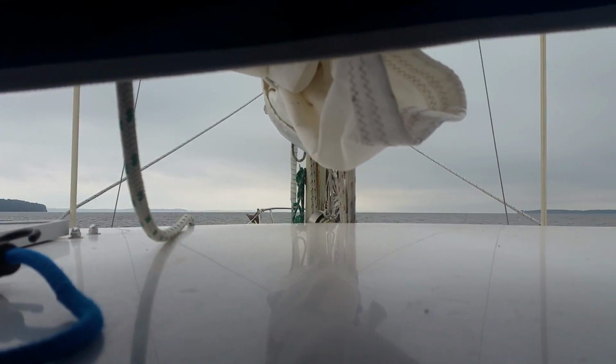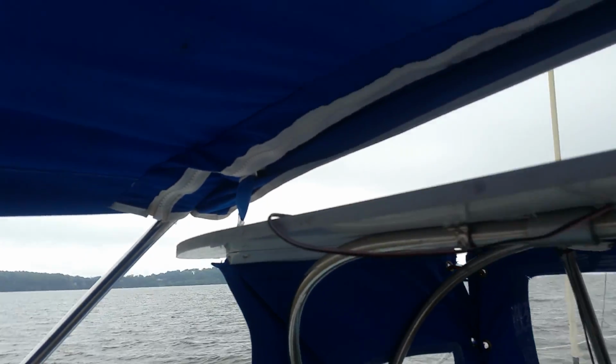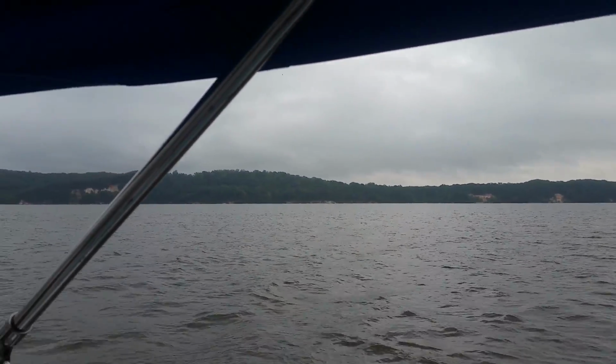Don't have any traffic today. There's a lone little sailboat over there, and I saw a couple people out fishing today. There's a waterman over there, and I had a couple sailboats going back up through, I guess, ending their cruise for the week. So we'll head below here,